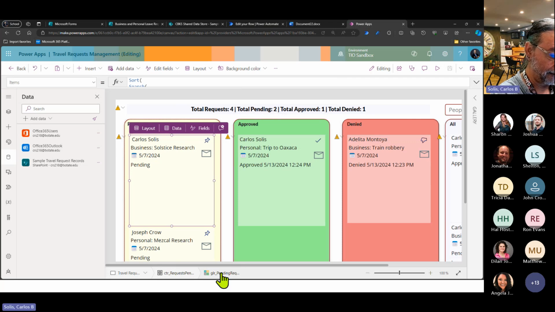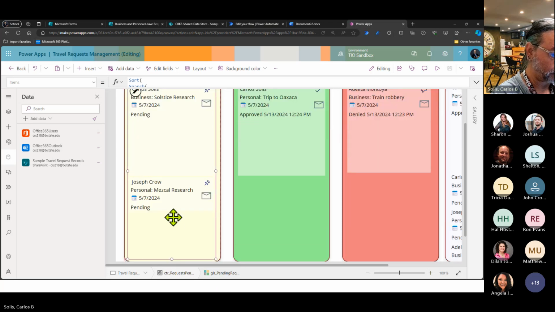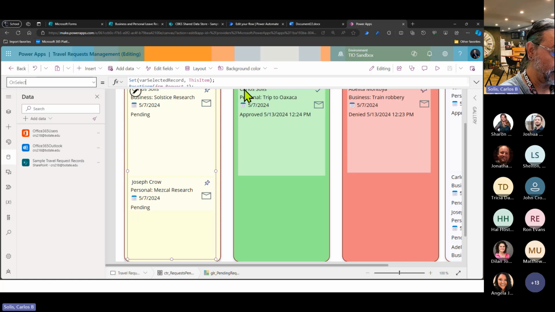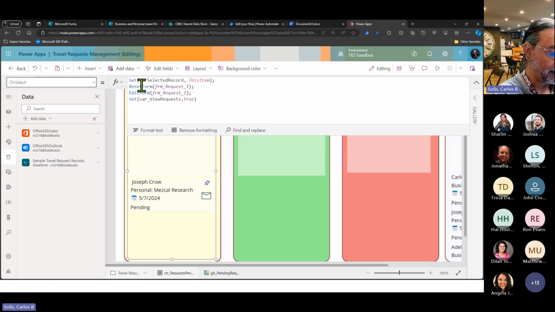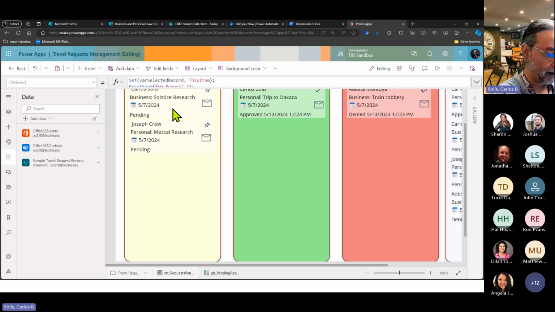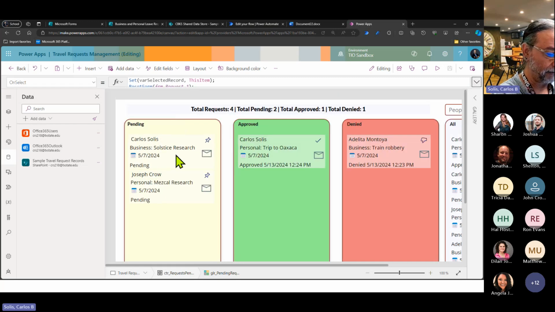In the gallery itself, let's take a look at our unselect property, and you see here that when I select the property, this is the way you set a variable in PowerApps. Basically say set, give it a variable name, and then tell it what to store in that variable. So let's take a look. When I click here on this Solstice Research,